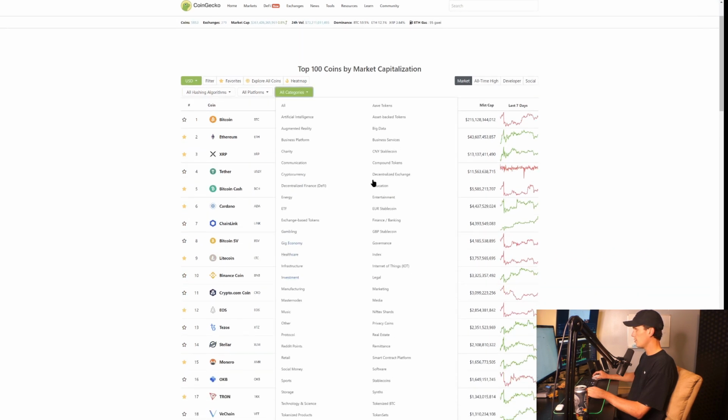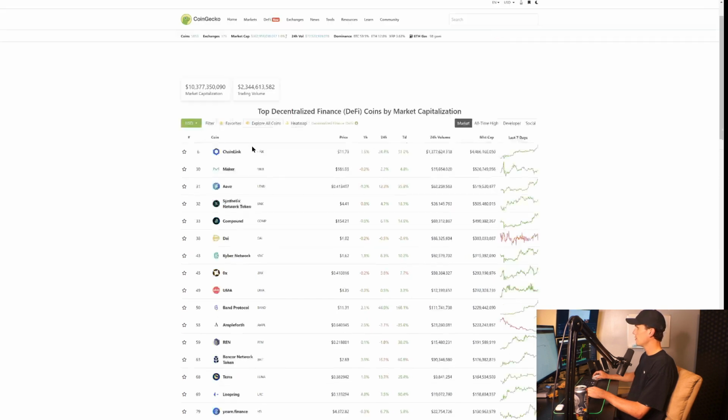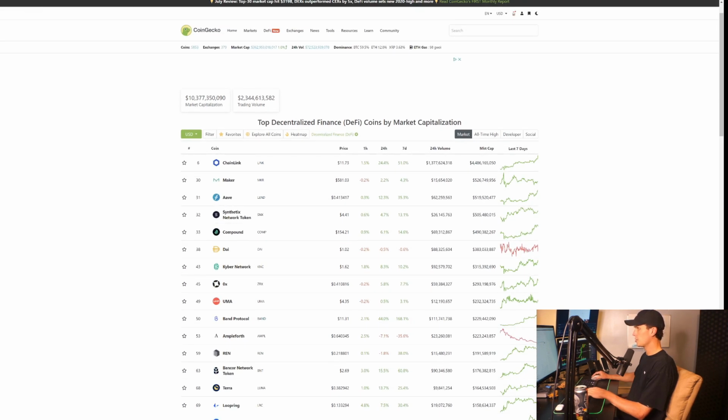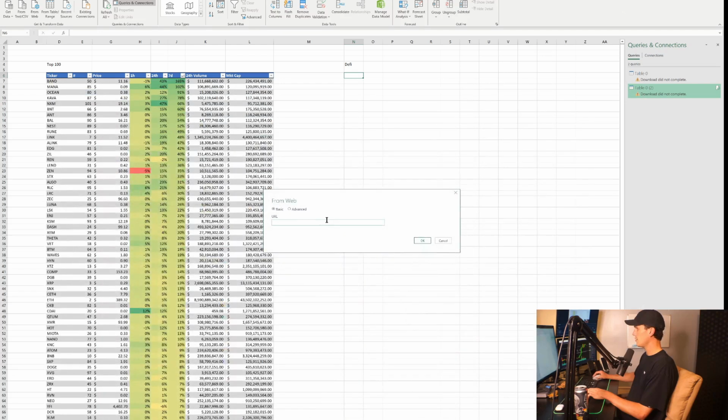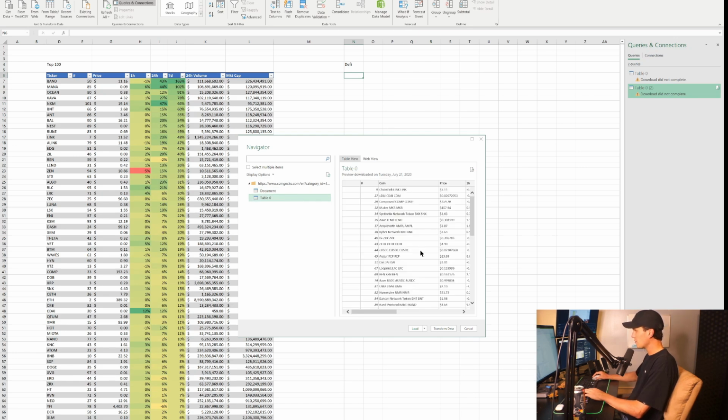We're going to drop down until we see DeFi, which is right here, decentralized finance, right? And this gives you the DeFi coins. So we're just going to copy this link into this link instead of just using the top 100. All right, so once our new DeFi table has popped up, the one different thing we're going to have to